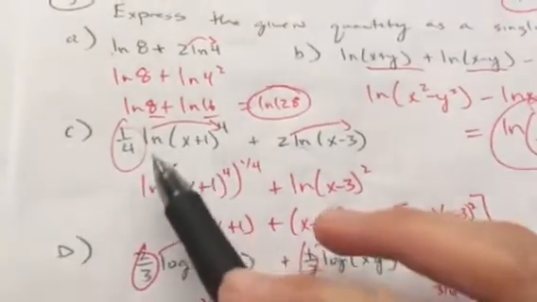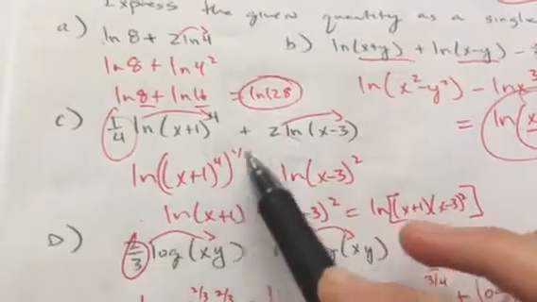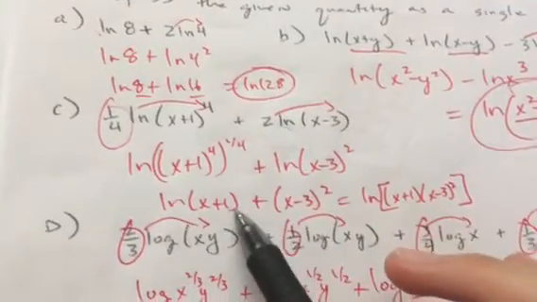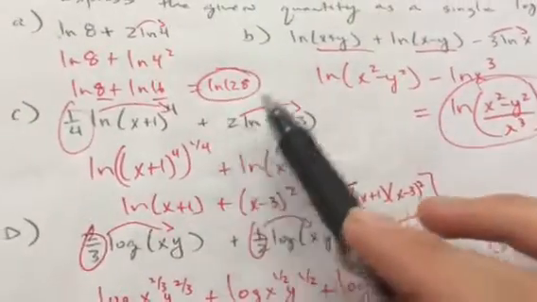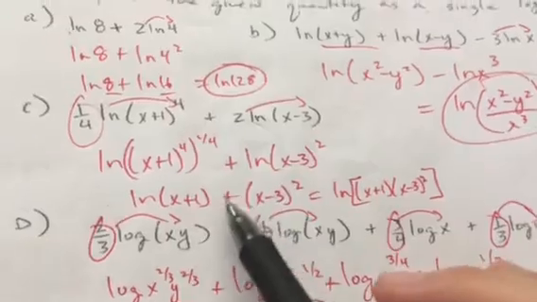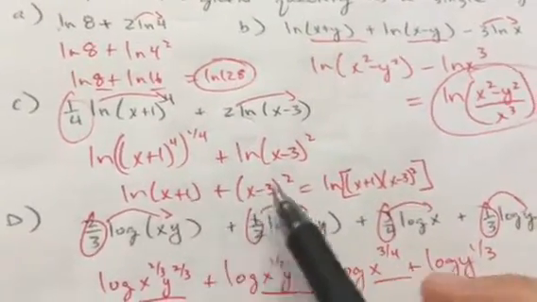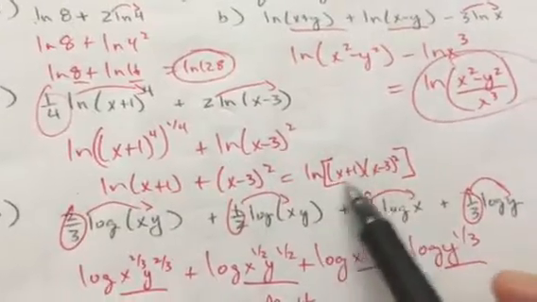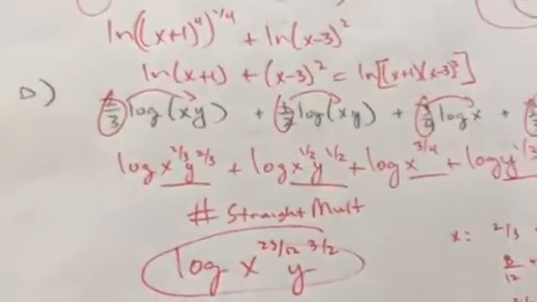Guys, 1/4 was originally an exponent, so that's going to cancel. Power to power, just multiply. So it's just natural log of x plus 1. Number on the outside means it was an exponent, so this is squared. In the log world, addition means multiplication, so really you're just going to multiply those two. You don't have to distribute, that's fine. All right, so on D,